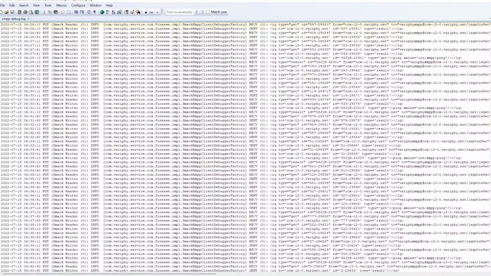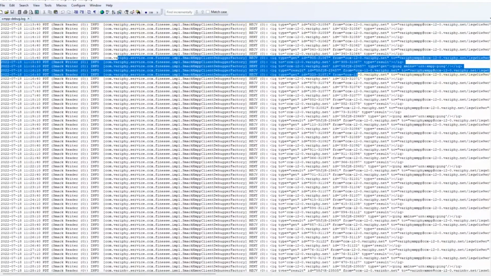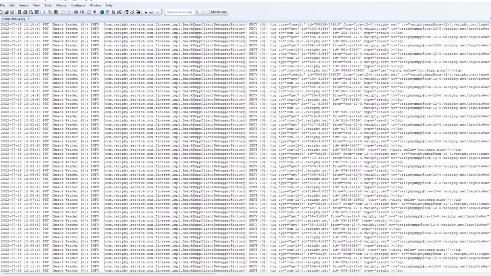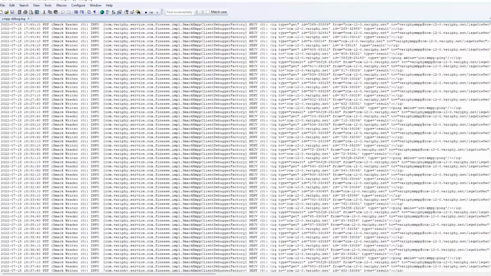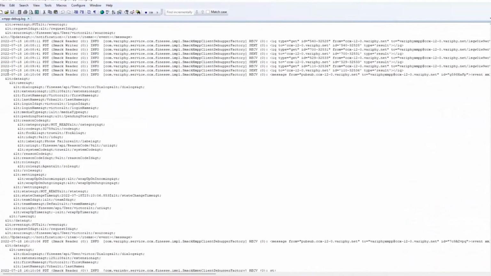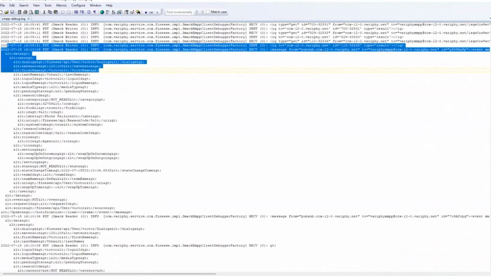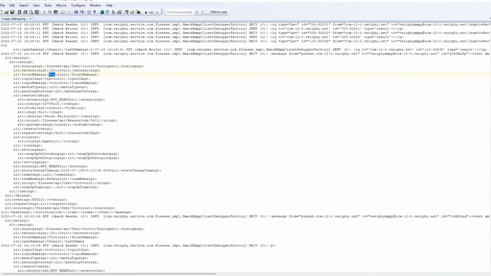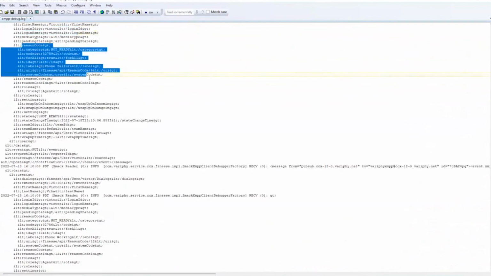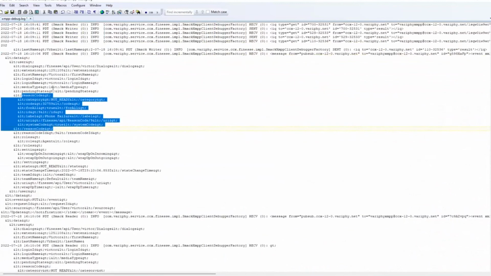This is from our demo system. So a lot of this is just the kind of like the heartbeat or the handshake. In a busy system, you won't see a lot of this. What you will see is this. So this is what's coming across from Finesse. Every time an agent state changes, you'll see XML like this. You'll see the agent's name. And so if you're seeing this with the proper date and timestamp, then that means that we are getting the updates, and then you can continue to troubleshoot from there.